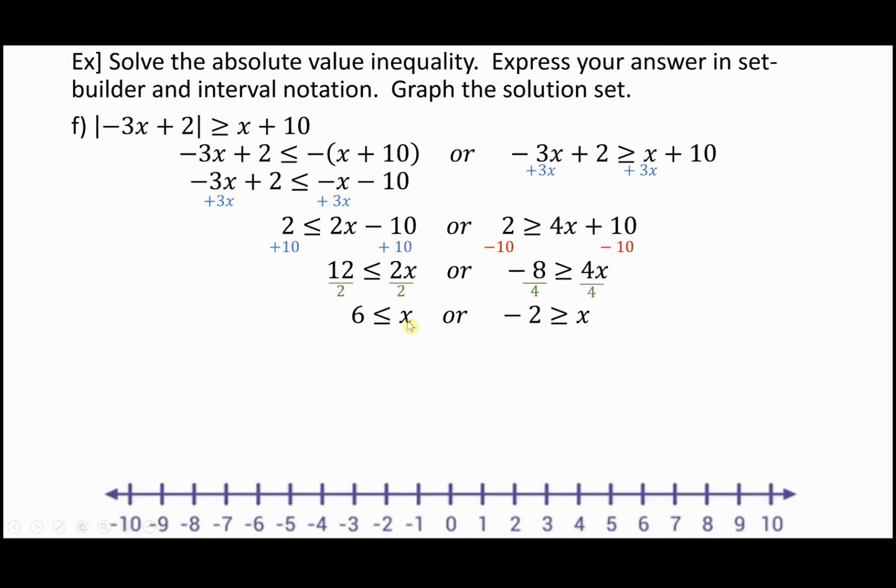6 is less than or equal to x. Don't we usually read our inequalities as x is being compared to some number, reading from left to right? Yeah, that is normal, and that is something that we have relied on in order to do our graphing step. So what I might suggest in this case, and this is a good rule of thumb just in general, if you want to flip over an inequality, you got to do what I call